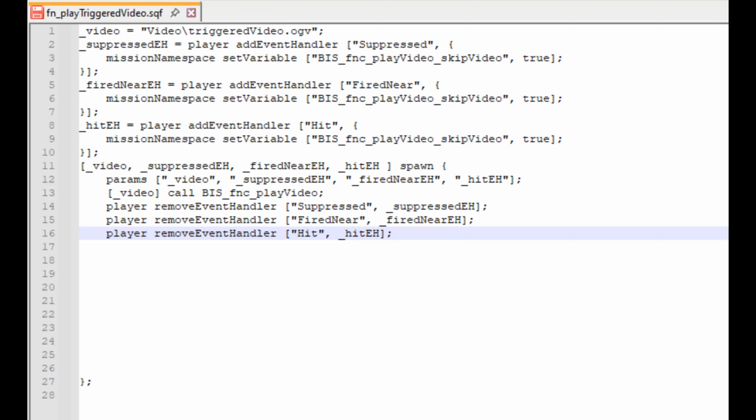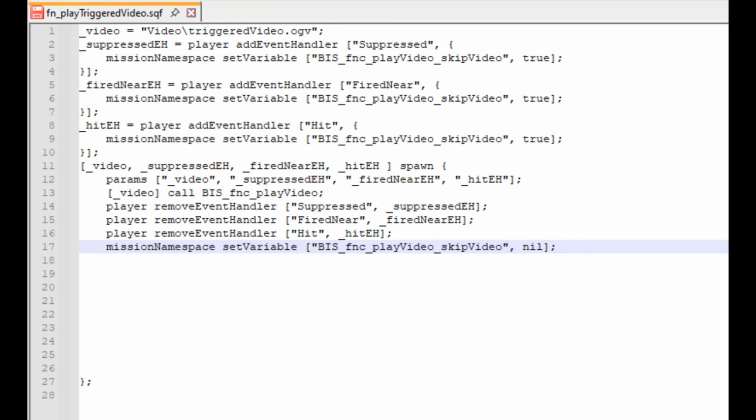However, if you want to play more videos in your mission without having to create new custom skip video variables each time, you should add this line. It's a set variable command, but this one resets the skip video variable to an empty value. So we will write this line at the end of the spawn code block: missionNamespace setVariable ["BIS_fnc_playVideo_skipVideo", nil];